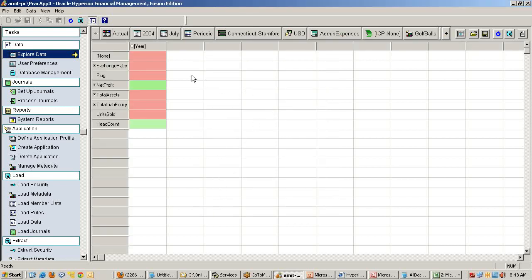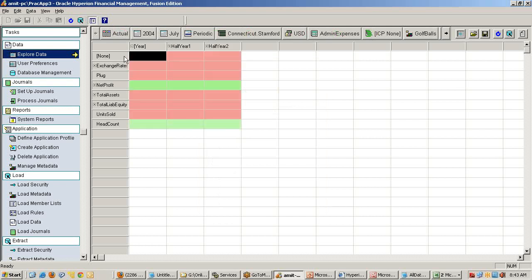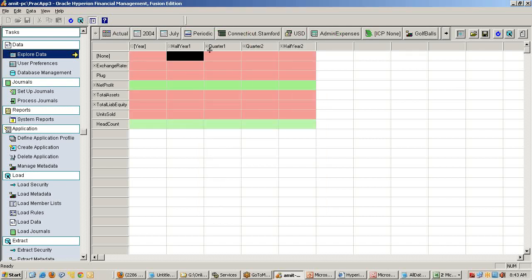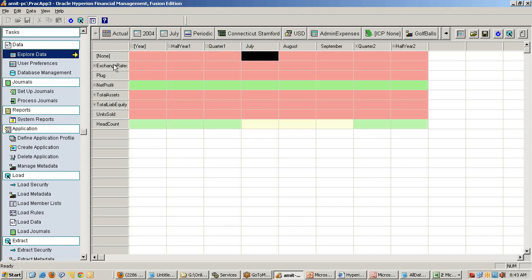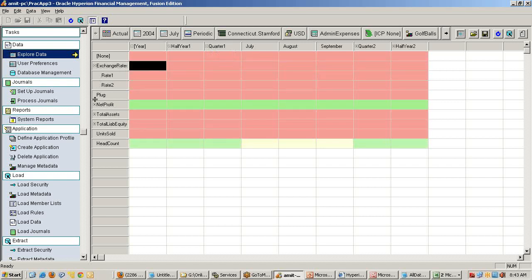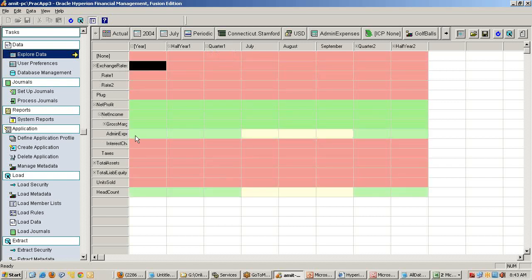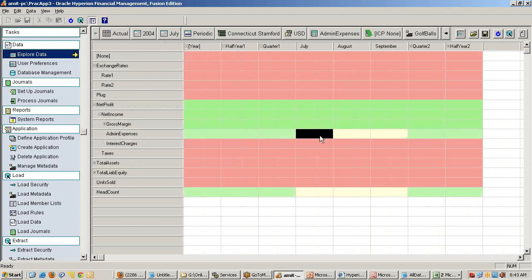On this intersection we load the data. Let's check. For the month of July, admin expenses. Now data should be visible over here. I'll quickly check once again.